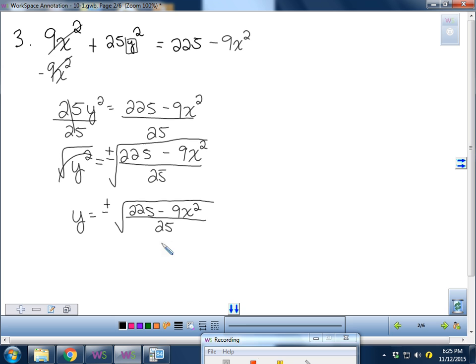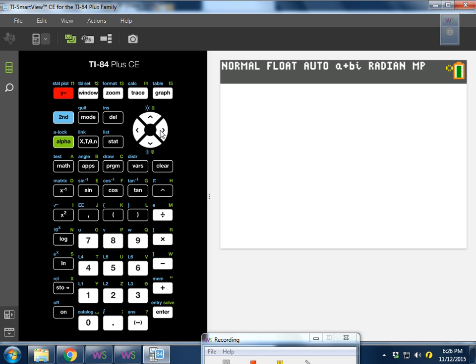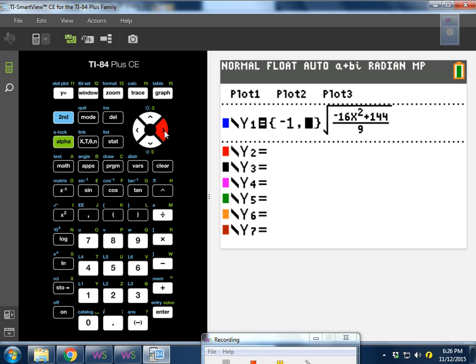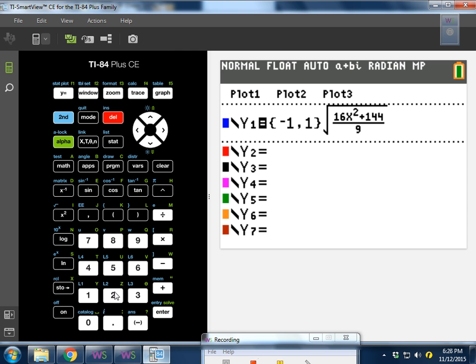So I am now ready to graph this. So I'll go back to my calculator to the y equals. And I want to keep the positive and the negative in the front. But I do want to take the stuff off the top here. All right. So I'm going to be graphing 225